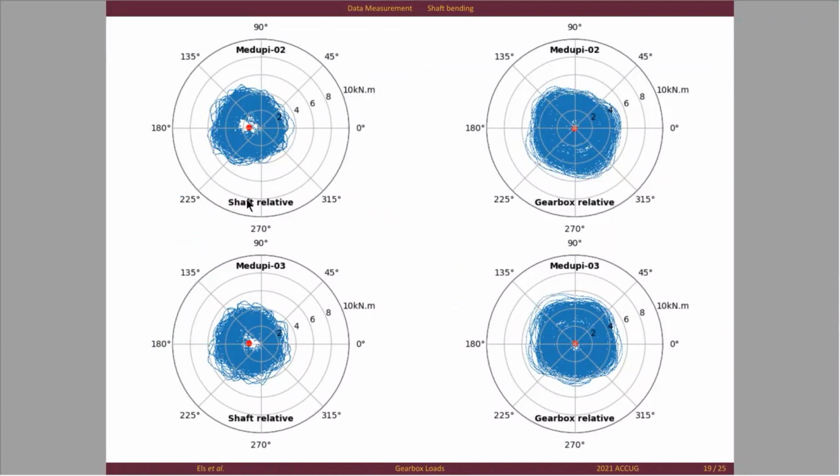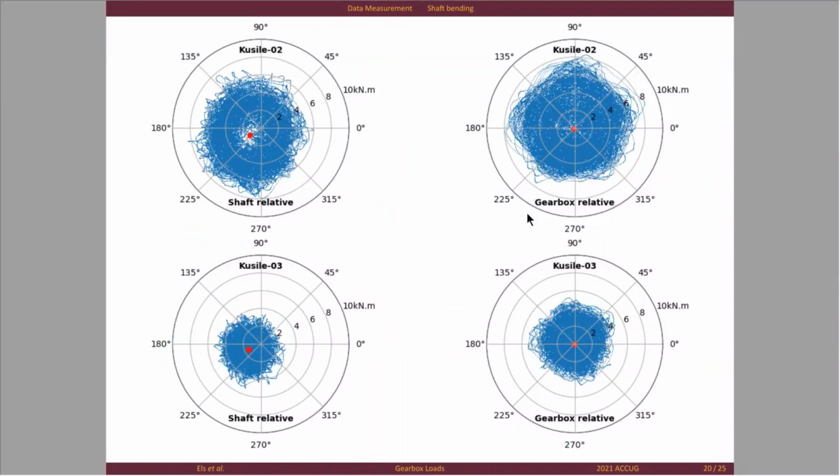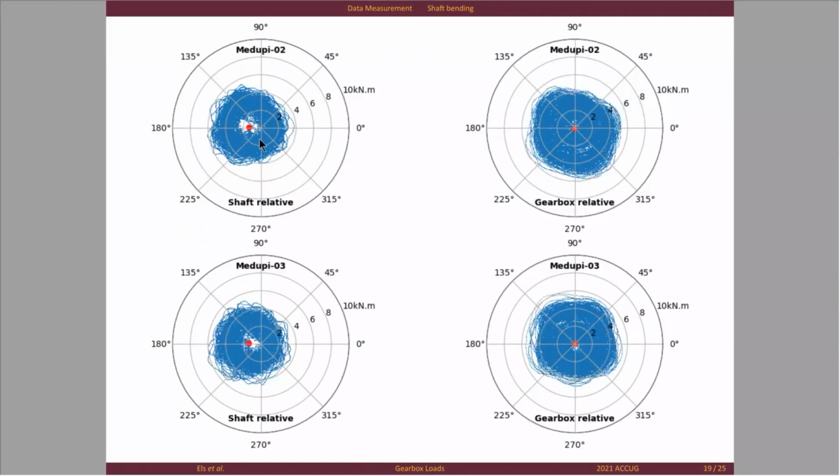So the first one is for Medupi. You could see that relative to the shaft. This is for someone that is sitting on the hub. This is what he or she will see. So there is that red point that you see over there. That is basically a